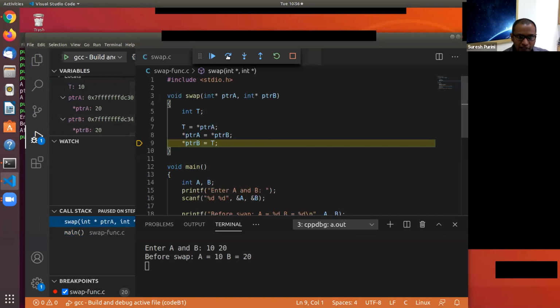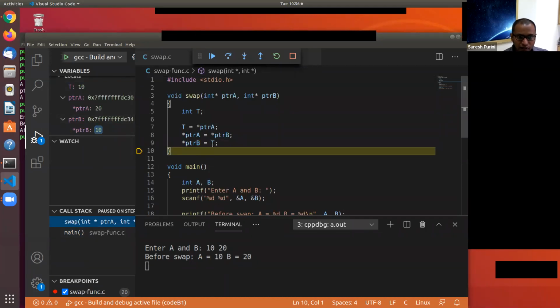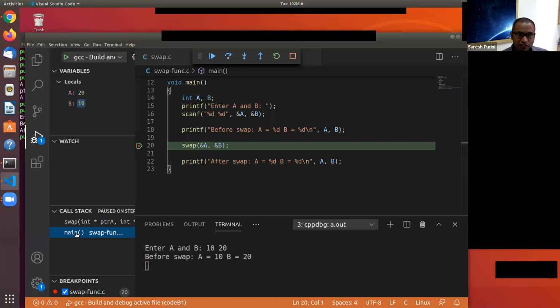And then we execute star PTRB is equal to T. That means when this statement gets executed, the contents of the memory location present in PTRB get changed. But this memory address is nothing but the address of variable B in the function main.